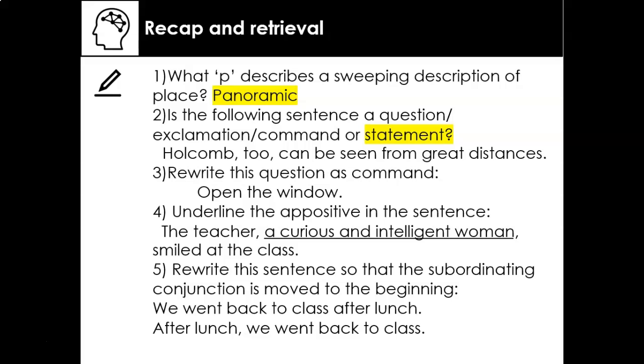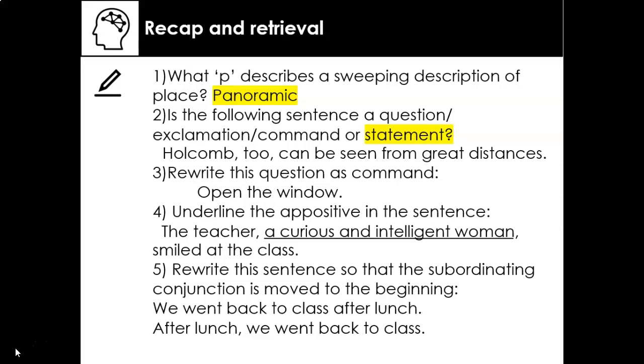So, yep, if you got that right, brilliant. If it was a guess and you got it right, luck's on your side, but if not, let's just have a little look. So we quickly zoom in at the end and it ends in a full stop. So it cannot be a question, no question mark. It cannot be an exclamation, no exclamation mark. So then we look at the beginning of the sentence and we see that it begins with a place. Holcombe, it doesn't begin with a verb, which a command does. A verb is a signifier of a command that's telling us what to do. So we have a statement.